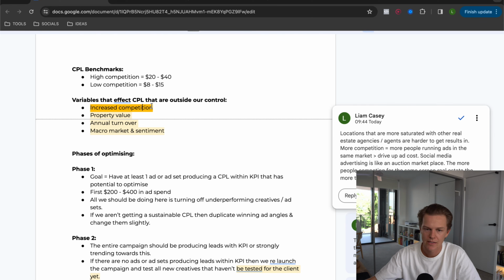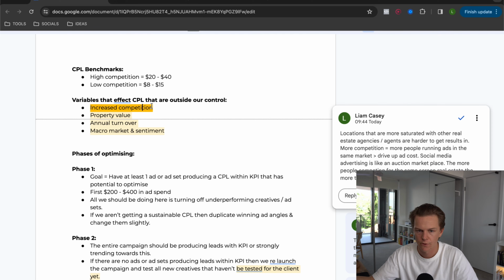So it's the same as if you had more people showing up to an auction to sell a property. By default, the more people that are showing up to the auction, the more demand there is, the more bids there's going to be, the higher the property is going to sell for. It's the same thing with social media. The more people that are bidding in the same area, in the same market, for the same audience, for the same category and the types of ads, the more expensive it is to advertise,